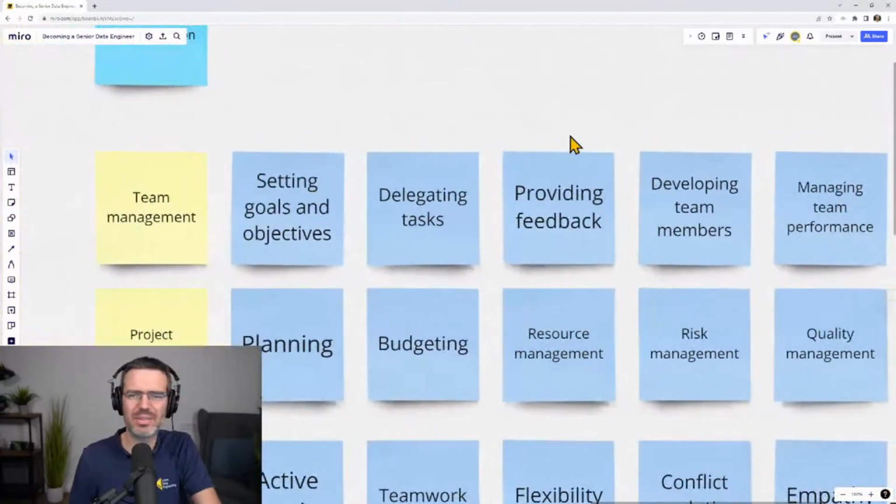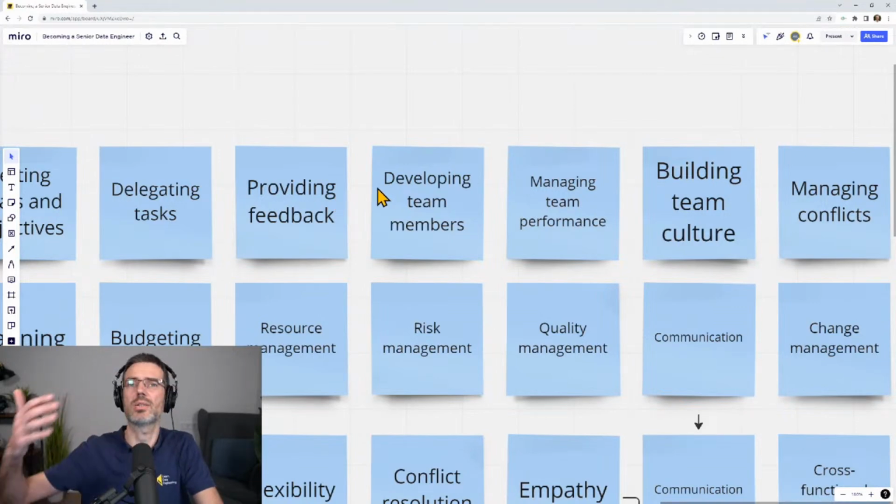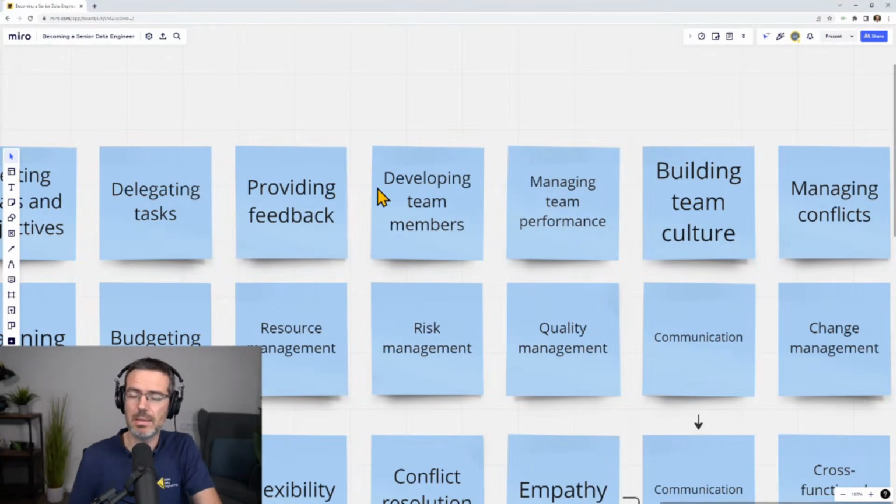So then let's get back to team management, providing feedback. We had here developing team members. That's already a lot connected, because with your feedback, the individuals in the team can grow. What did it say here? Senior engineers should be able to provide constructive feedback to team members on their performance and help them improve their skills.